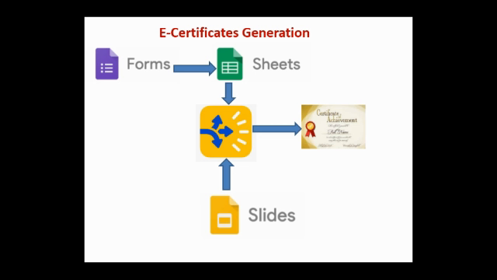From the response sheet, we will get all the details of the users by using the Autocrat plugin that is available in G Suite. We can automatically generate the certificates, but it will get the template from the Google Slide. The template will be created in Google Slides, and there will be some tags. The tags will have the participant details, and the details with the tags will be merged by using Autocrat. In this way, we can automatically create e-certificates for hundreds and thousands of users, but only for the authentic users. How? We will see in this video.